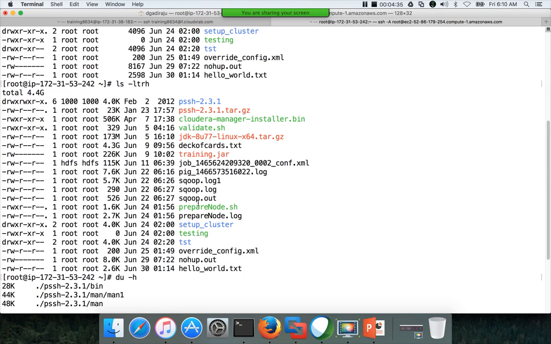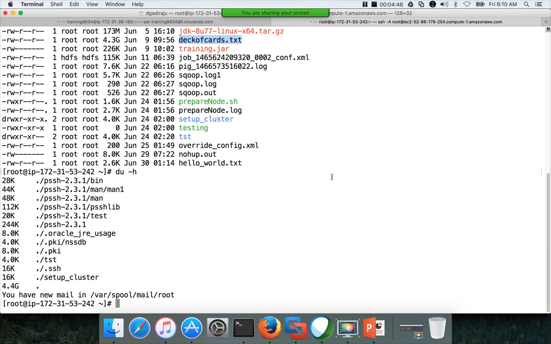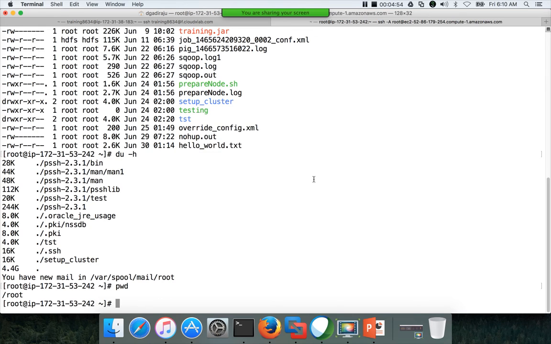So now we will try to copy this file, deck-of-cards.txt. To copy this file, we need to have a file system in HDFS. If you are familiar with Linux, the file system starts with the root directory. That's why whenever we say pwd, wherever you go, it gives the full path of the directory where we are.